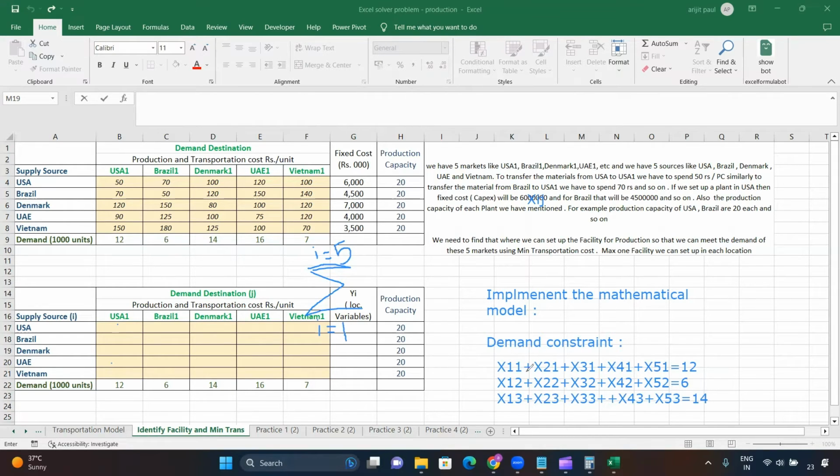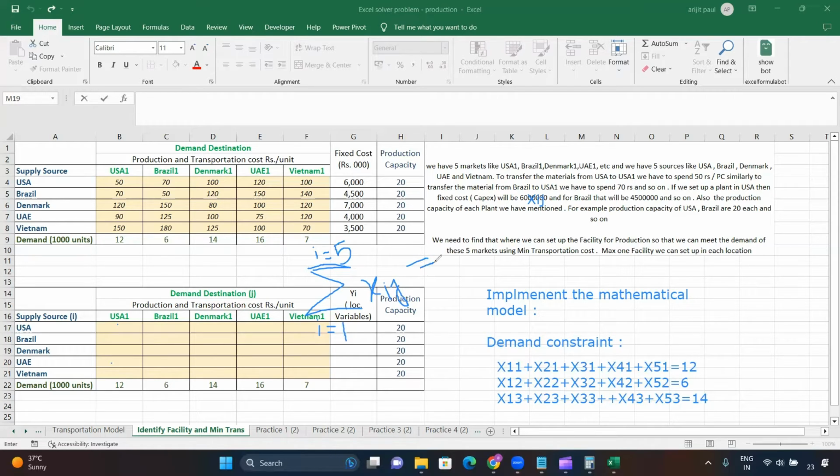Because our sources are changing from 1 to 2 to 3 to 4 to 5, that means we are doing an addition of all these sources. So that is why I have mentioned here i equals 1 to i equals 5, and this is summation. Summation is nothing but the addition. Now Xij. Here we need to mention Xij. What is Xij? Again, the quantity that we are transporting from source i to j location, that is Xij,